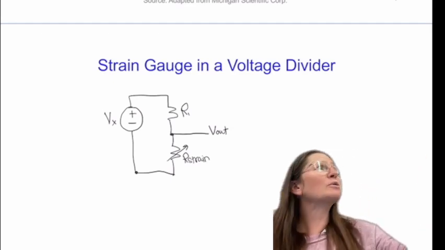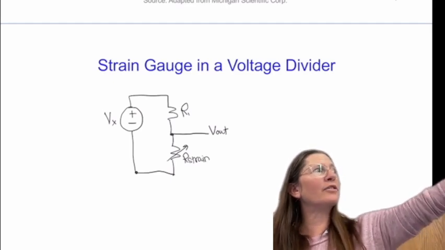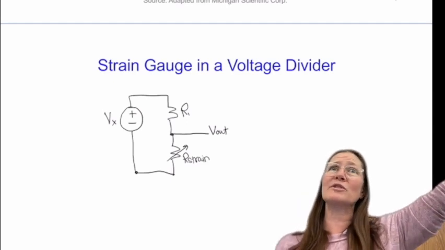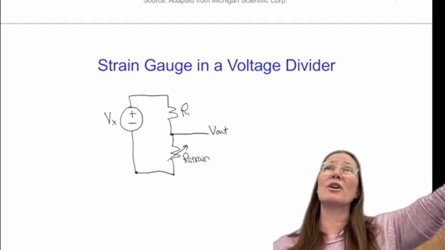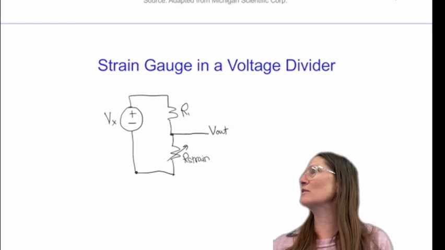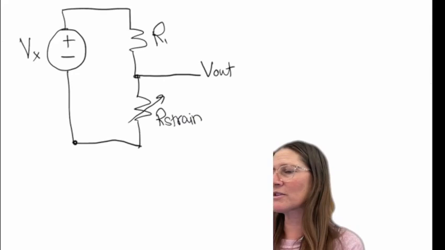circuit? This would be the beginning thought: why don't we have the one that changes its resistance, compare it to another resistor that's going to be a fixed value that we already measure and know, put a voltage on it, and then that can maybe tell us some differences. So let's look at this. If we were to try to compute this V out,